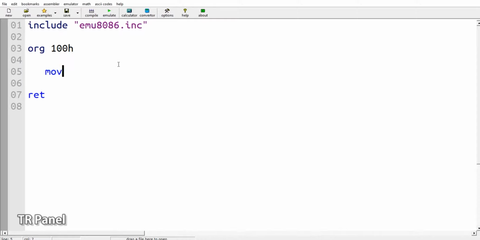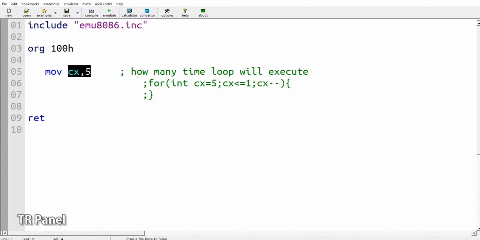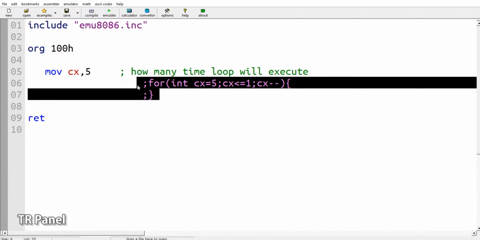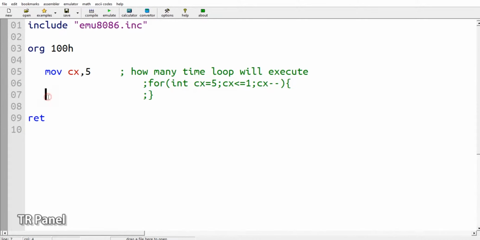Let's start. This is the amount of how many times the loop will execute, and this is the syntax of a loop in C++, so you will understand better. Now you have to add any label here. You can add any label, but these two must be the same.